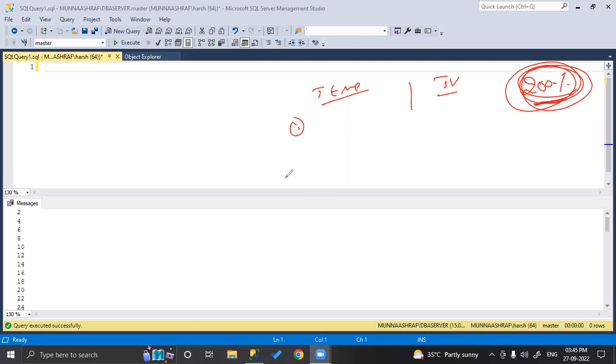Done now? Okay. So next, table variable is slower than the temporary table. Done now?